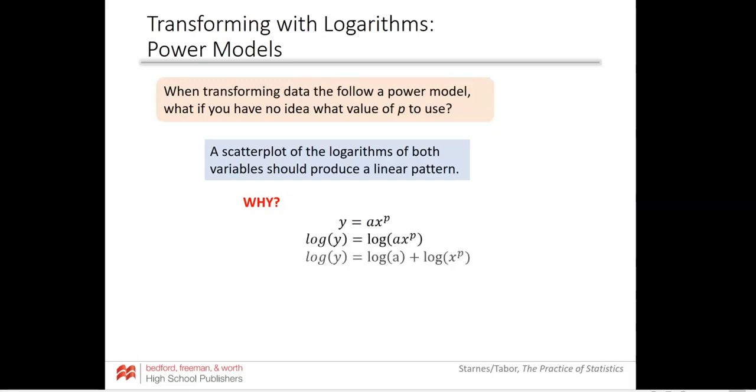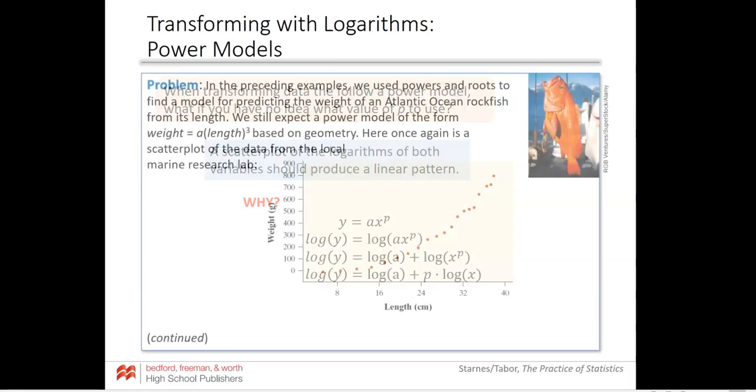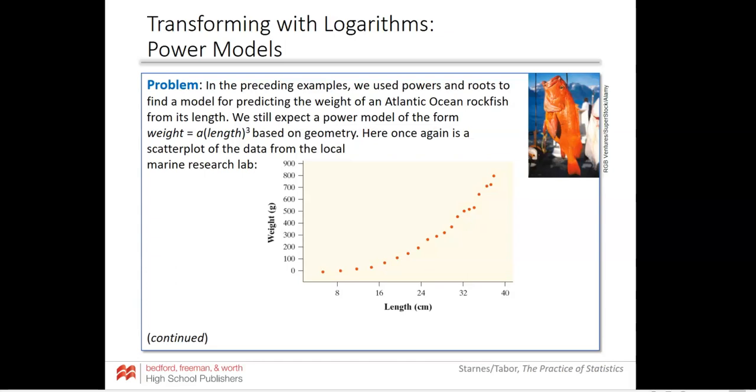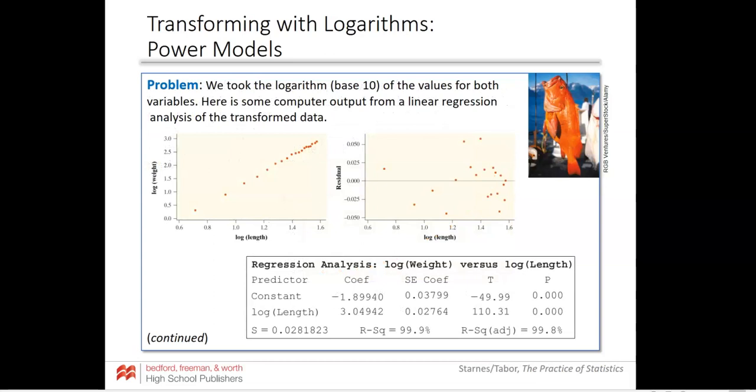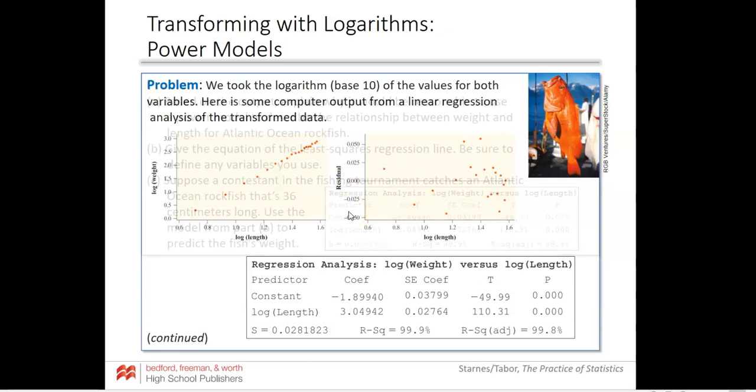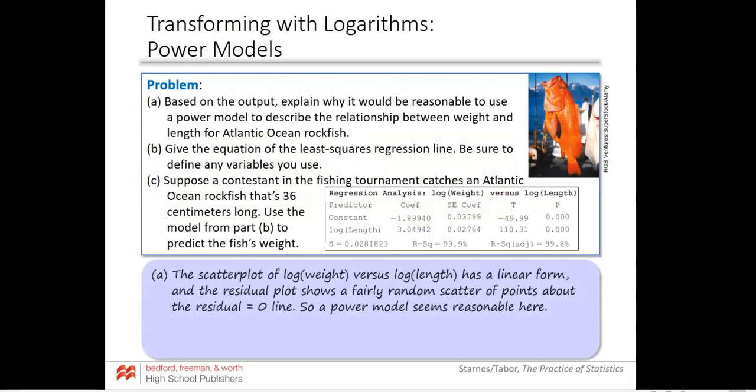Take a log of both sides. This is the meaning behind why it might work. But let's try that. In the previous examples, we used powers and roots, with the same example and same data. This time, if you take the log of x and the log of y, that data looks somewhat linear as well. So there's not one way to linearize data, if linearize is such a word. Okay, if you did it this way, your equation would be,